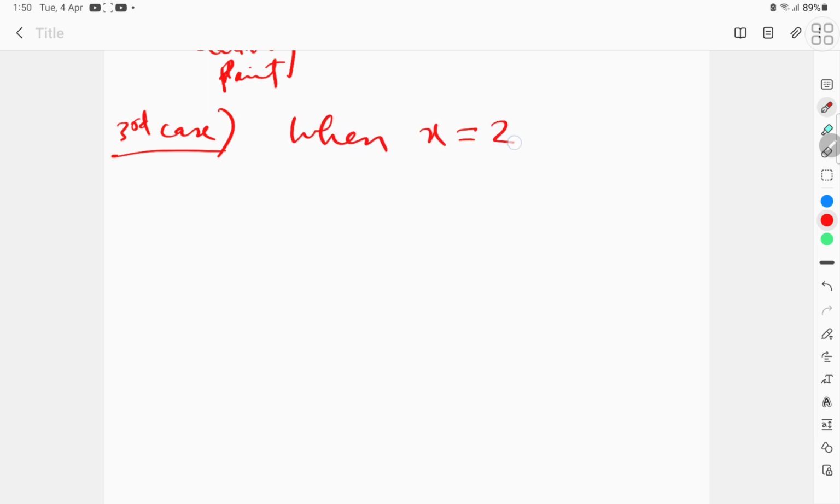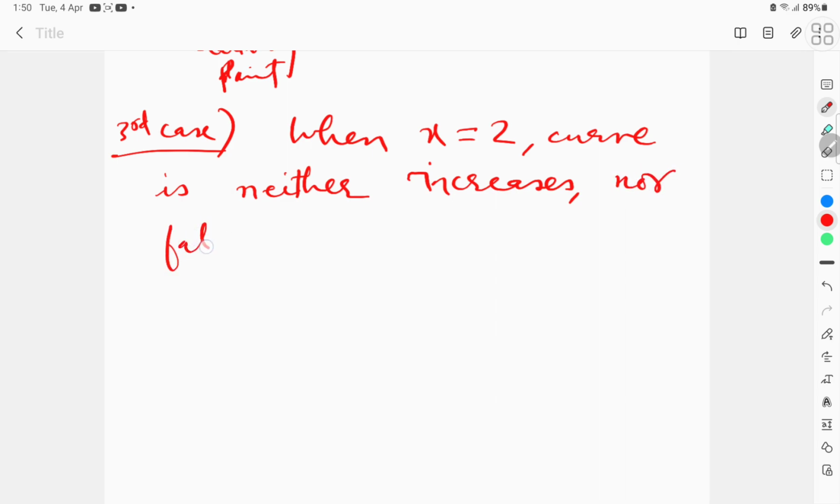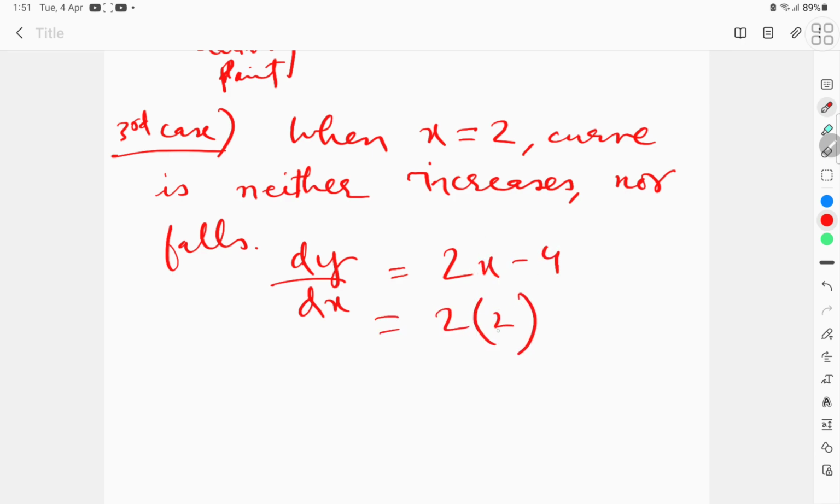When x is equal to 2, the curve neither increases nor falls. As an example, take the same example, dy with respect to dx is 2x minus 4. Substitute the value of x as 2: 2 times 2 minus 4 will be 0. So there is no change, and there is a stationary position,